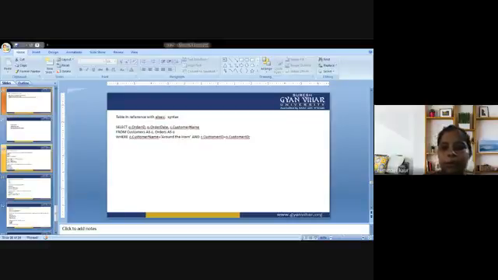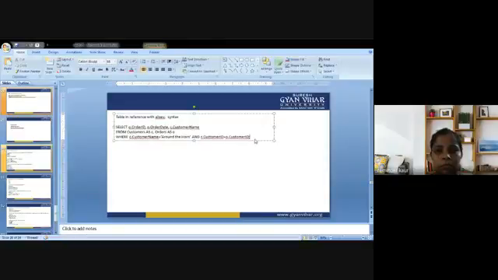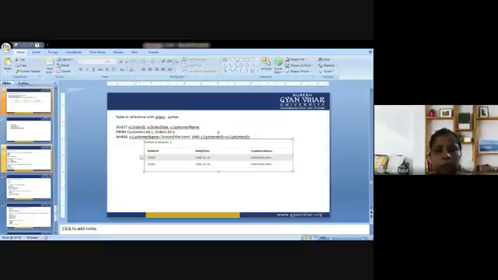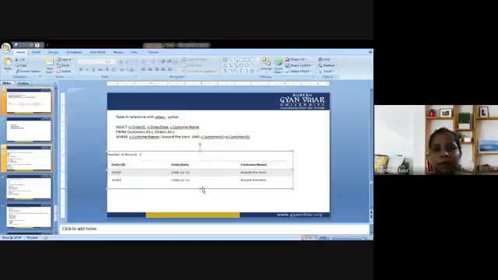So two reports will be there. This is the customer ID that is matching with the customer ID in the customer table.